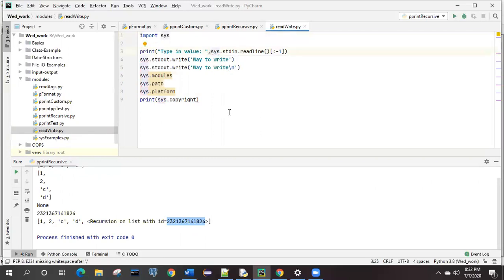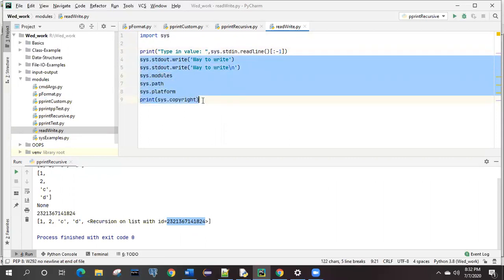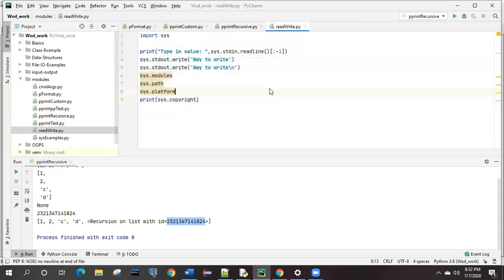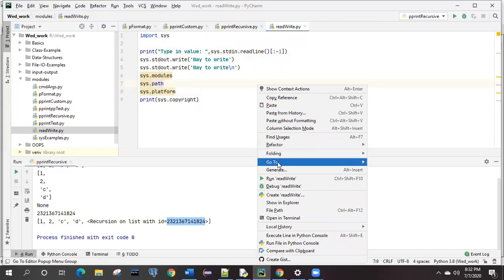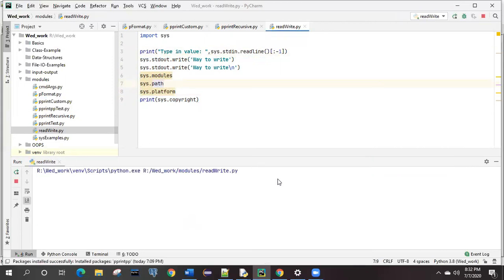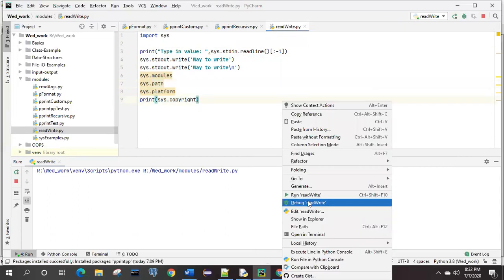Let's import it. Now it is fine. It will not give you any output for these lines. First, we will run it and we will see what the print statement is printing. Do we get anything? Nothing.